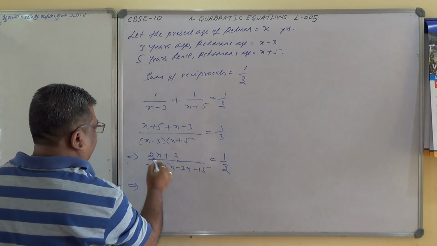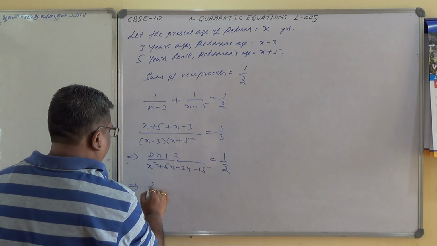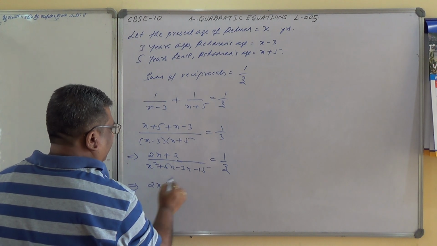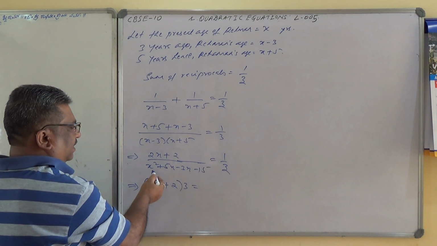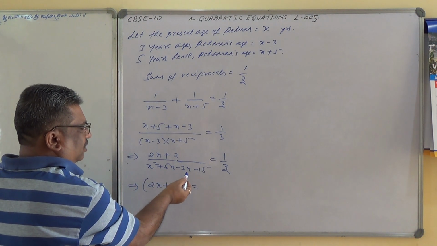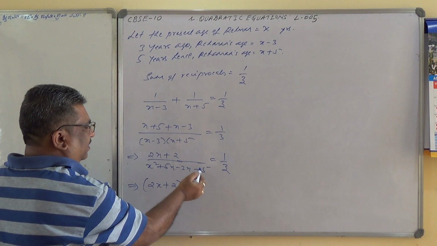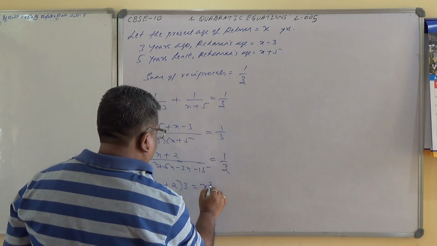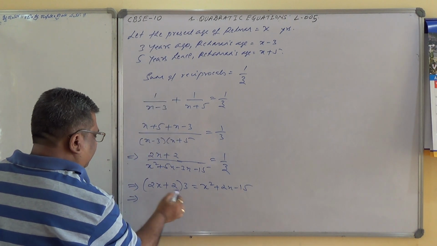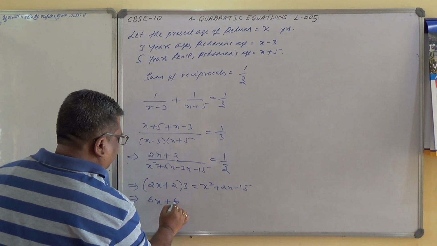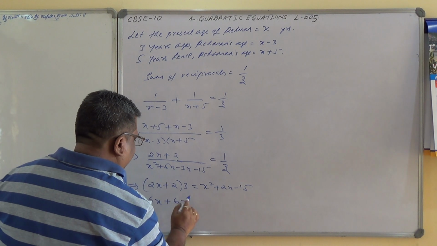Implies (2x plus 2) into 3 equals x square, 5x minus 3x is 2x, x square plus 2x minus 15, which implies 6x plus 6 minus